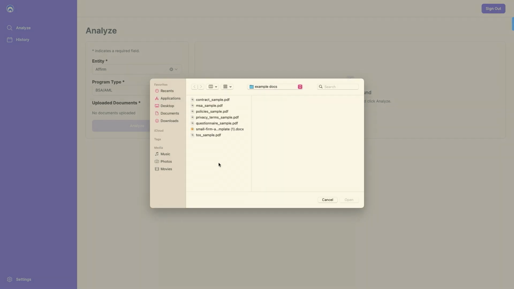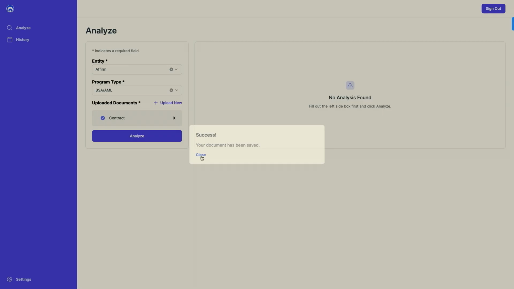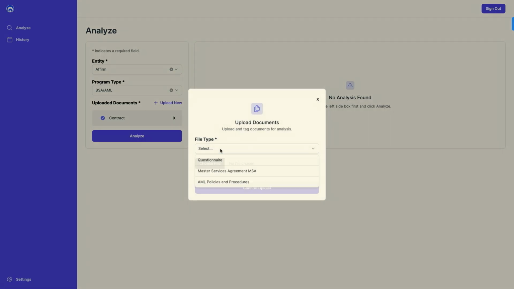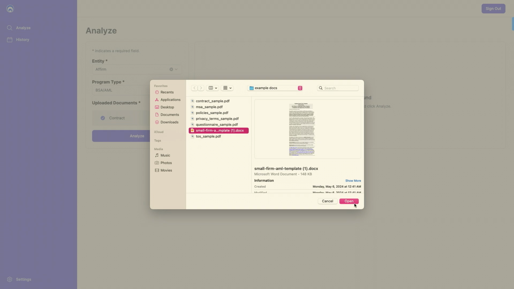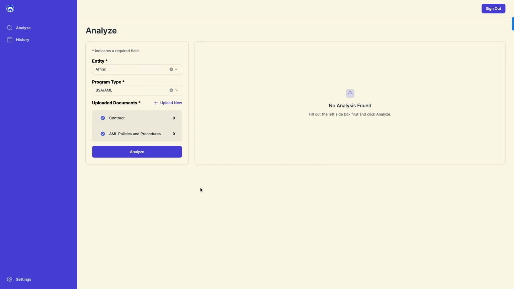So I'm going to upload a contract here, and I'm also going to upload a second document. Let's evaluate this vendor's AML policies and procedures. Now keep in mind that this document is over 80 pages long, and our tool is going to parse and analyze everything within minutes. So what's happening right now is our tool is currently ingesting everything in the contract, everything